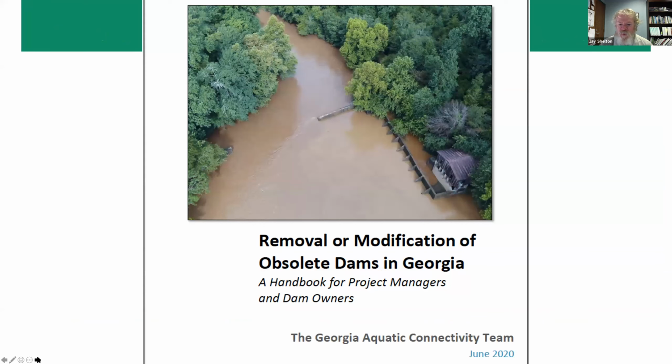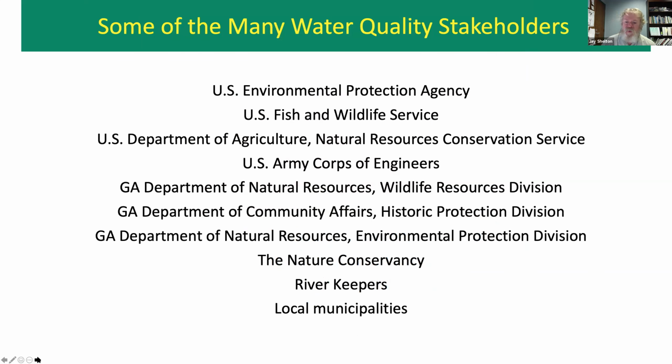And as a result of that, we worked on some guidelines for the removal of dams in Georgia. And through a national network, there is a lot of information available on dams, including information on obsolete dams. Thankfully, if anybody's interested, we can revisit that. But for the issues of aquatic connectivity, I mentioned dam removal, but aquatic connectivity can mean other things. For example, if you're a private landowner or if you manage private lands, you may have installed, or have had installed for you, culverts. And culverts are another potential issue, if not properly installed, properly maintained and properly sized, another potential issue of aquatic connectivity.